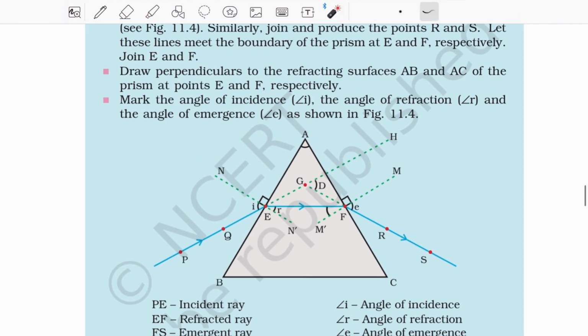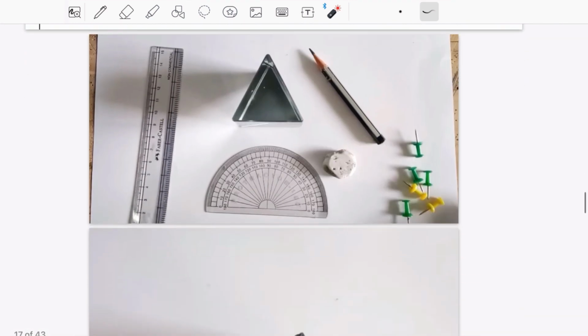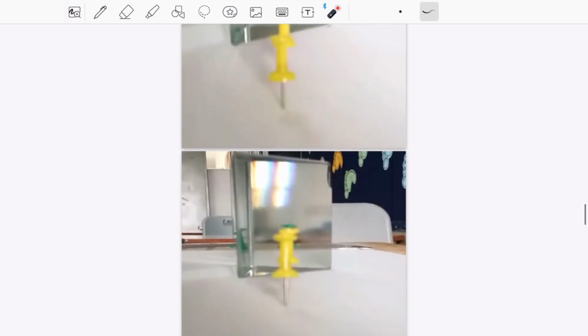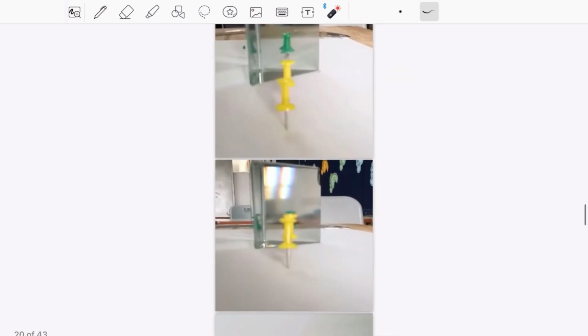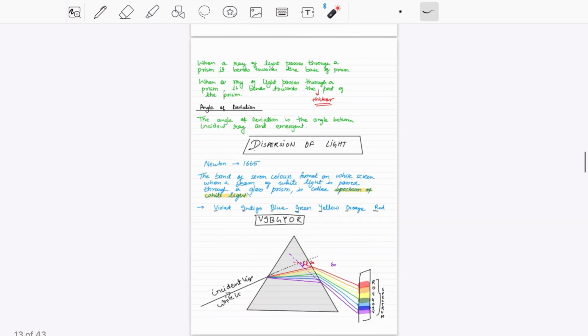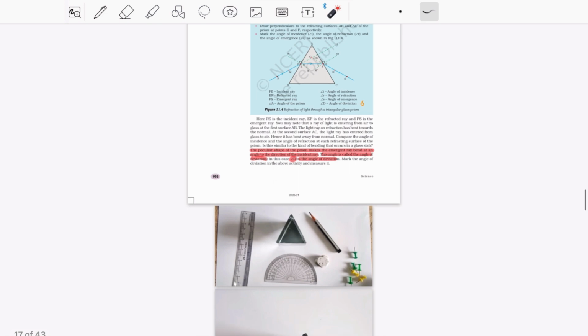So what you have to do in your activity, you have to measure angle of incidence, angle of emergence, and then angle of deviation, and that's how your activity is finished. I hope it helps you to understand how this activity is performed. Clear? Okay. So we are done with the refraction of light through a prism, and now we'll start with the topic,